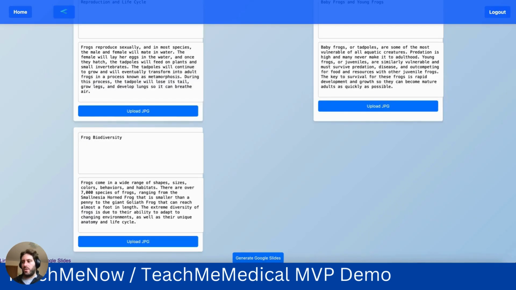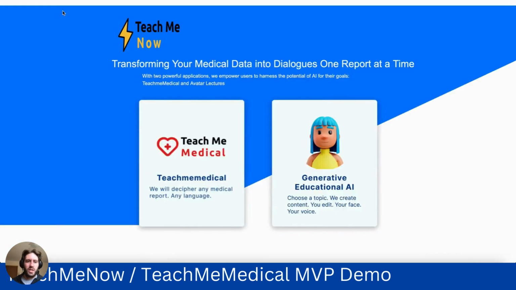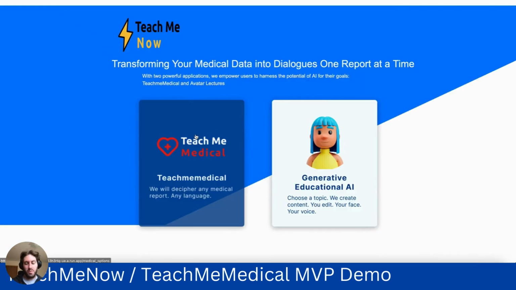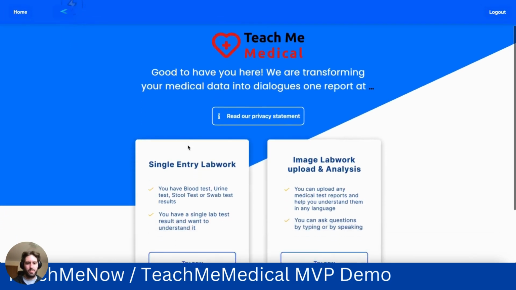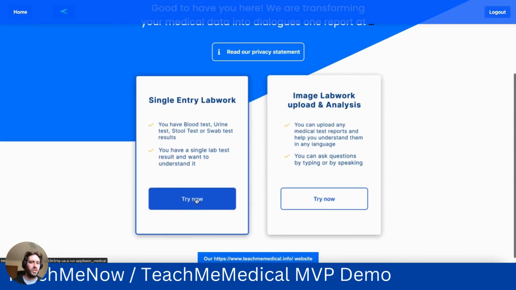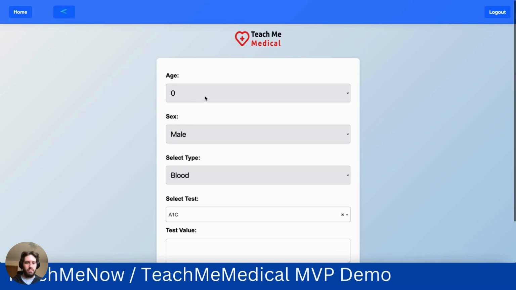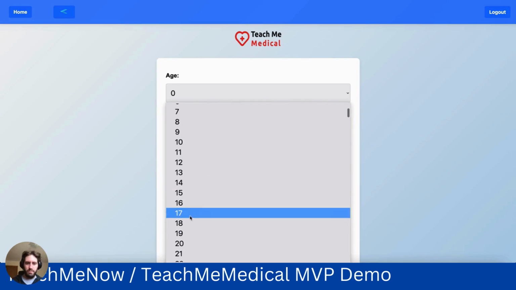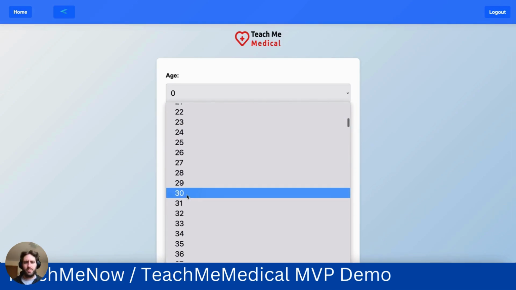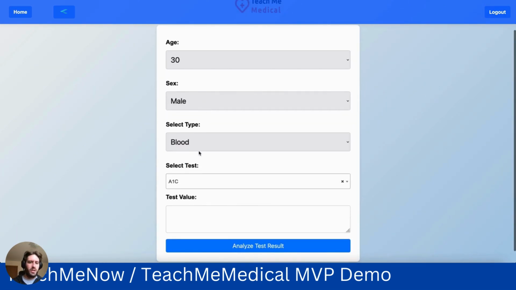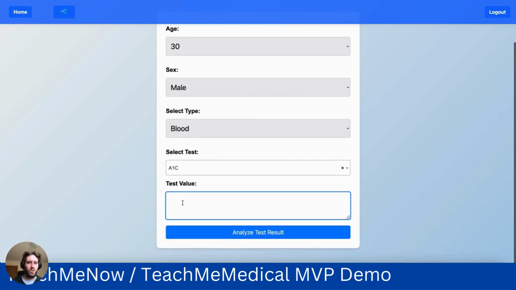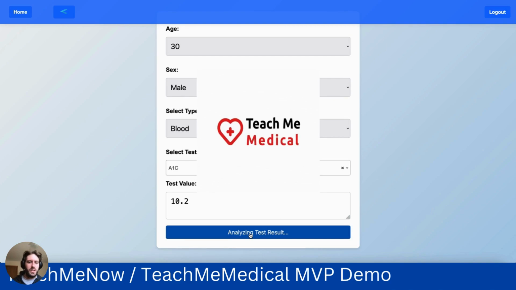We have other apps that are going to be part of the educational section, but for now our MVP just has that one app. Our medical section has two apps. The first one you see here is for basic single entry lab work. So here we're seeing an example of we want to know what it means if a 30-year-old male does an A1C test that has a value of 10.2,